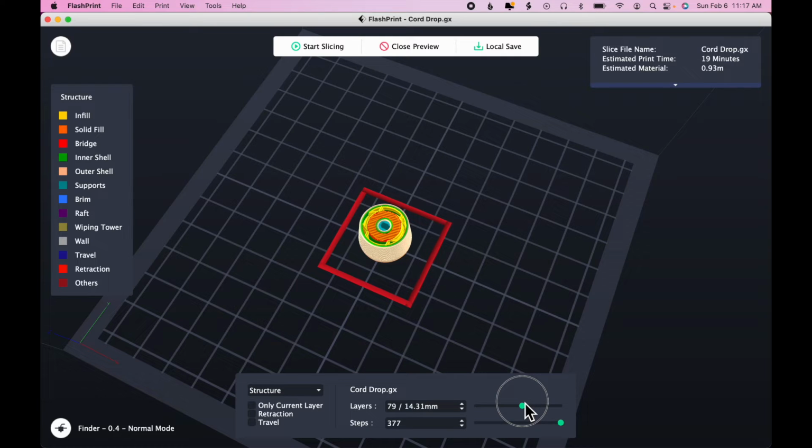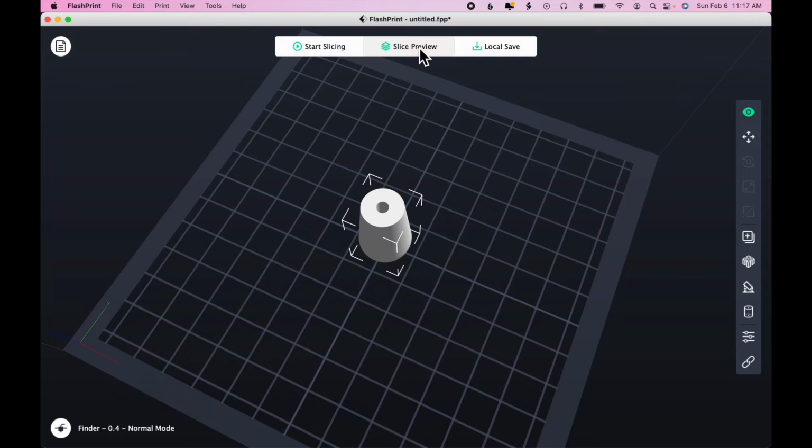And you can see that support material is being added on the inside all the way up to where the first flat layer of that interior piece is added. And then the model continues with infill and the inner and outer walls until it's finished. I'm going to click Close Preview,